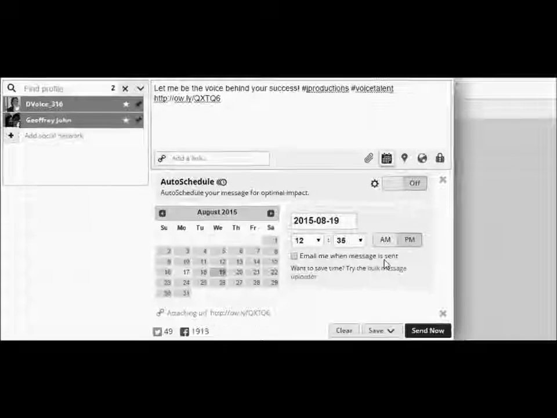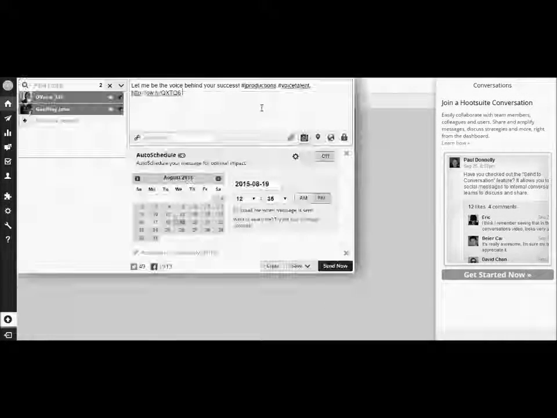And likewise, you can just go ahead and have it scheduled for a single post at a specific time within a specific time period. And basically that's how we go about scheduling or automating your